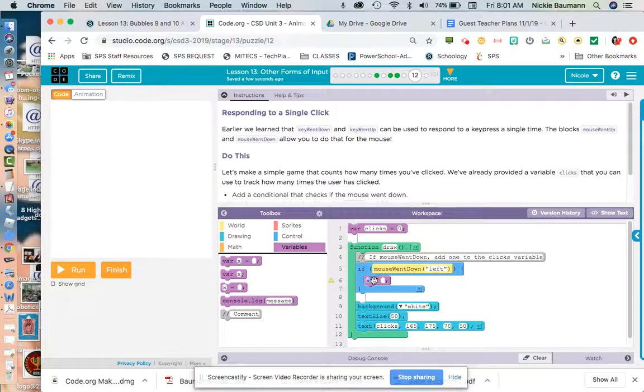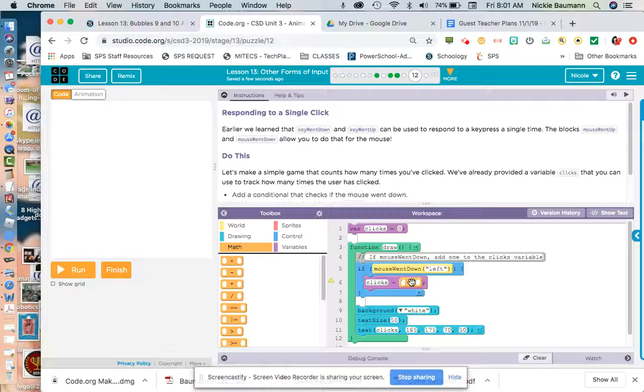I'm then going to say, hey, when I click down on the mouse, I'm going to call upon clicks, or take that variable clicks, and I'm going to add to itself. So I need math, and I need the plus, and I'm saying when I click down, I'm going to add to the number of clicks I currently have. I'm going to add 1 point.